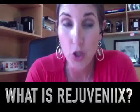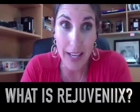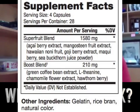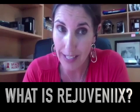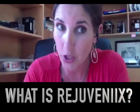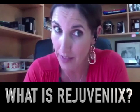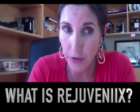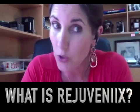Let's move over into Rejuveniix, energy in a bottle. Thought it was impossible to do. But the energy drink, we wanted to compete with the energy drink market. And actually, dollar for dollar, one dose of Rejuveniix is less expensive than the energy drinks sold at your local 7-Elevens today. So we wanted to create an energy product for everyone that was also trying to lose weight, because